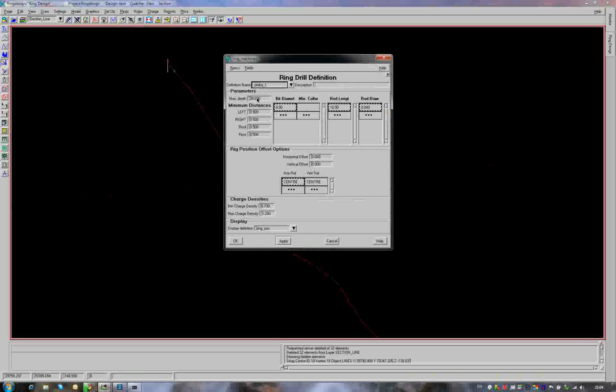So the maximum depth is 35, left 0.5, right 0.5, roof 0.5, floor 0.5, pitch diameter 8, rod length 10, rod diameter 0.04. Here we have zeros, center, mean charge density, minimum charge density 0.7, maximum charge density 1.2, and display definition ring position. So we need to click OK, so this particular machine or ring drill definition would be applied to